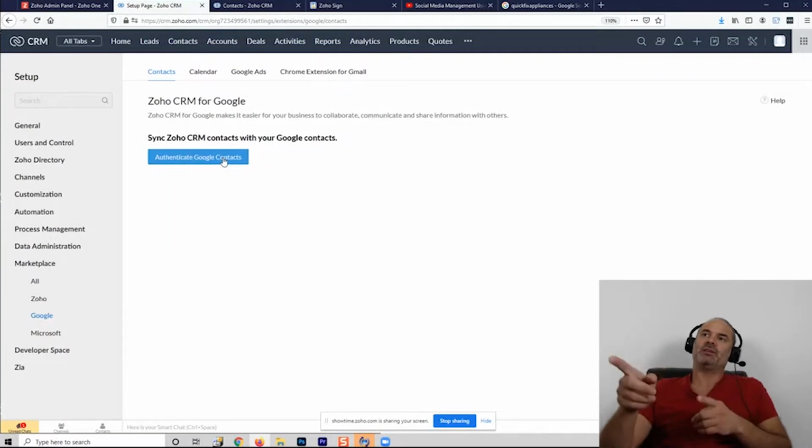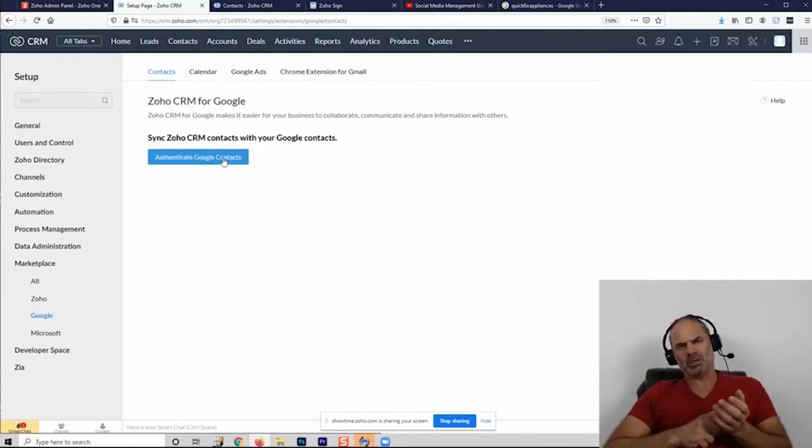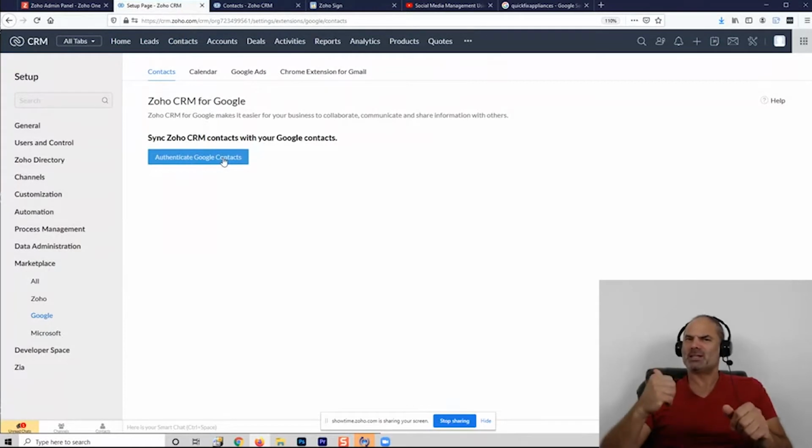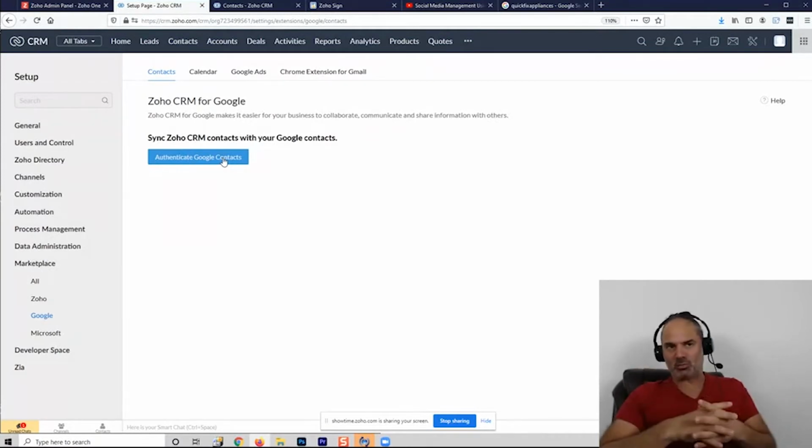So if you have the integration between CRM and Google and between CRM and Ring Central, which is a few scripts, then basically your Ring Central will have everything.